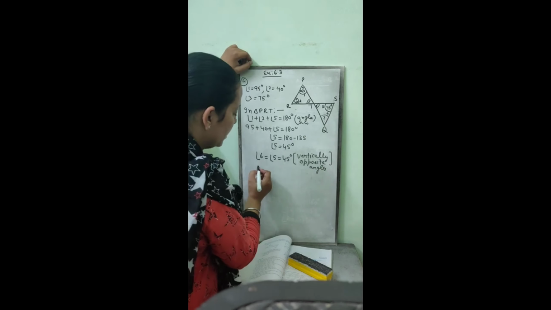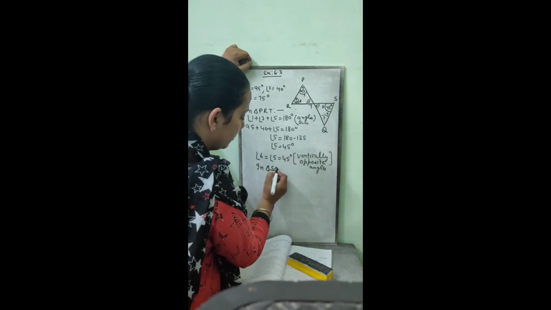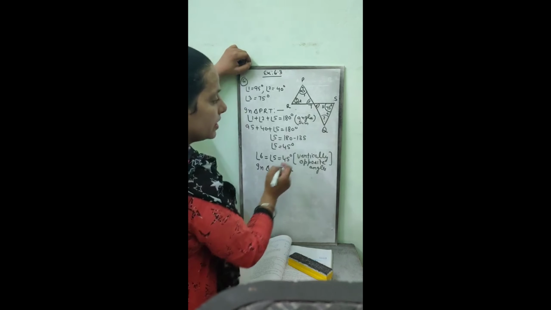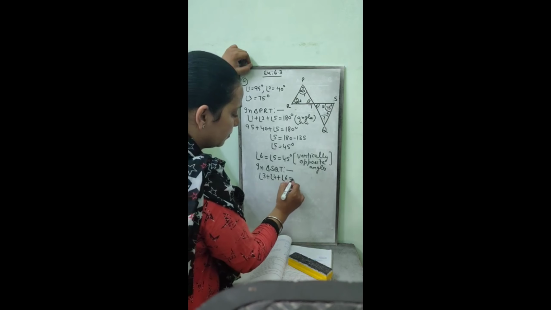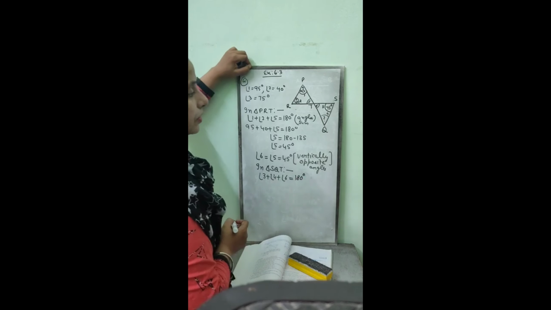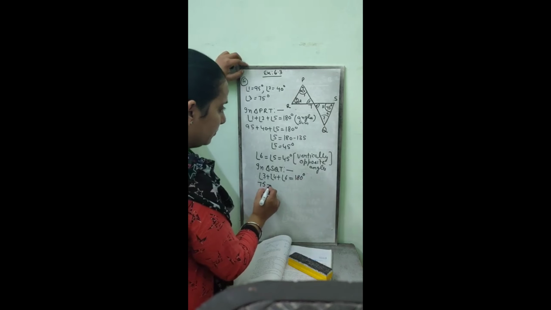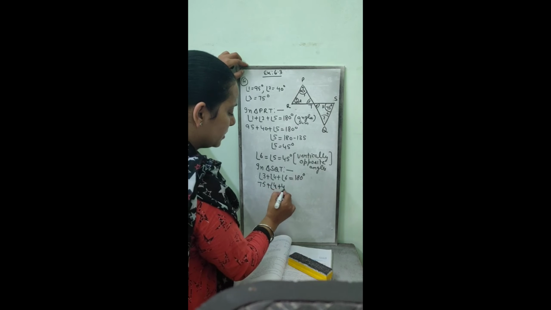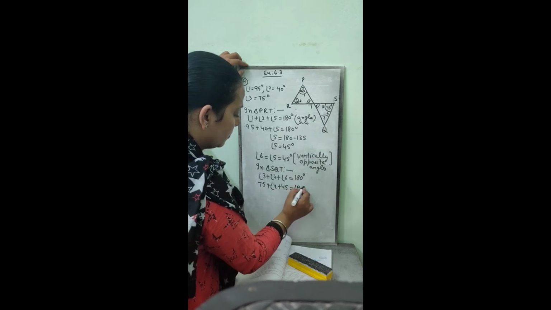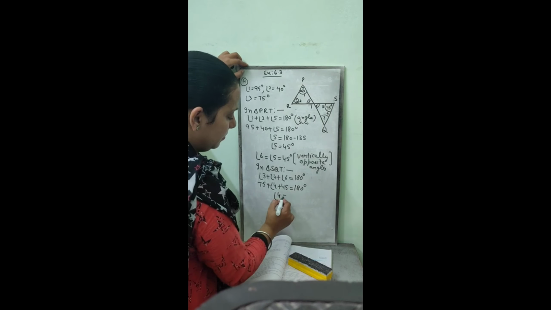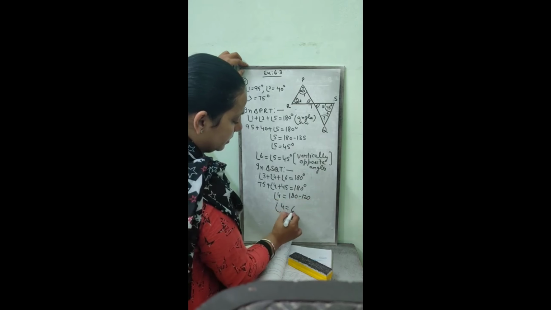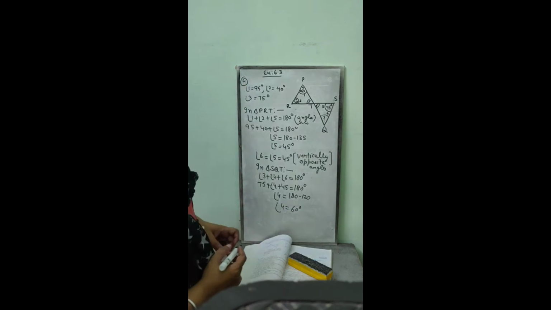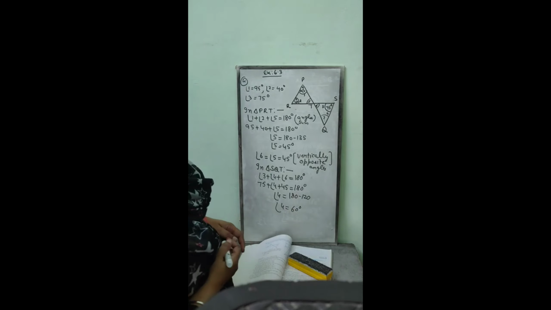In triangle SQT, you have three angles: 3, 4 and 6. The total is 180. Angle 3 is 75, angle 4 is as it is, and angle 6 is 45. This is 120. Angle 4 is 60 degrees. See whether it is clear or not. Give a 1 minute review to this sum thoroughly.